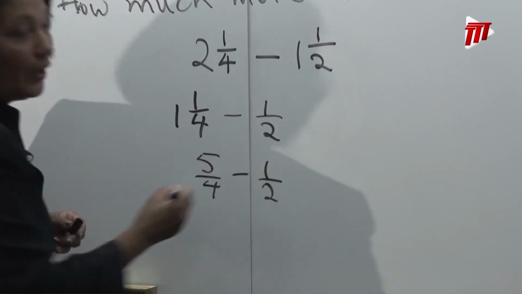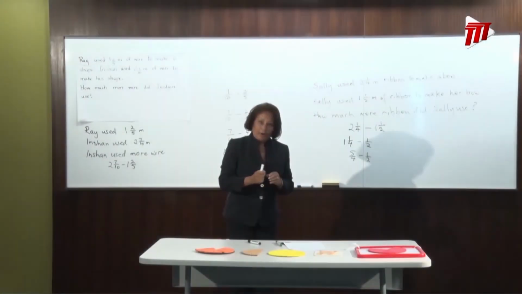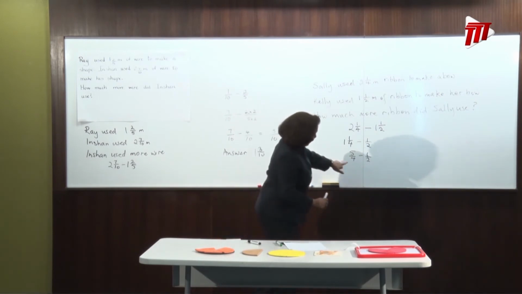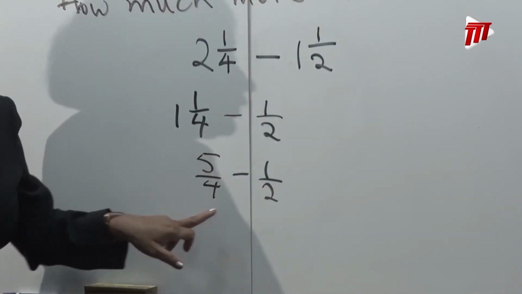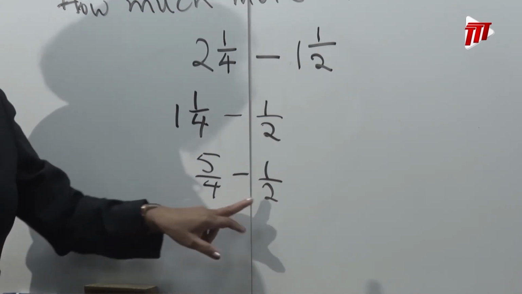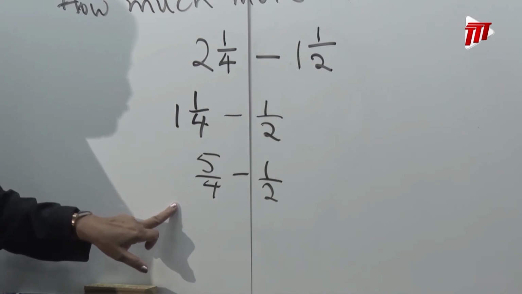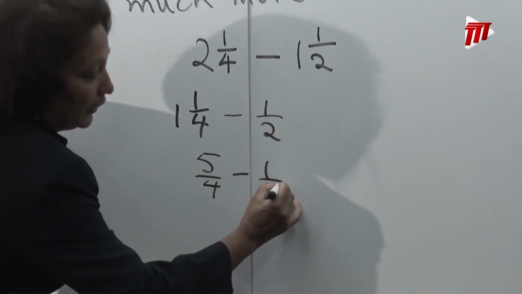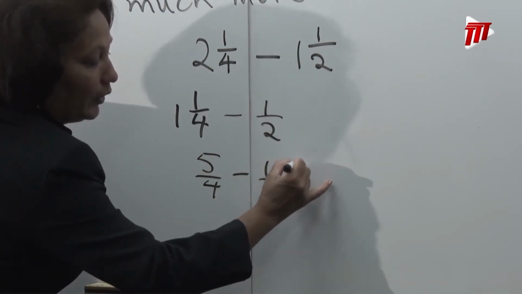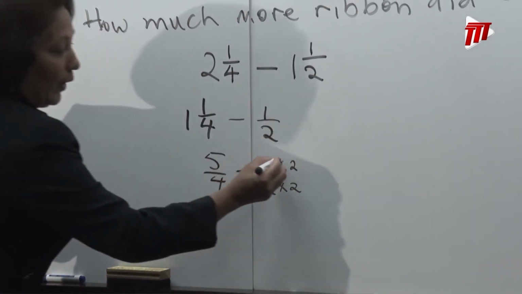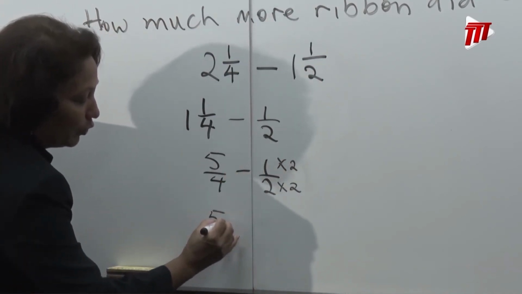Minus a half. Remember, we're checking to see if the denominators are the same. The denominators are not the same, so we're going to have to find the equivalent value for 1/2. To get from 2 to 4, we have to multiply by a factor of, you remember, 2, and we multiply the numerator by 2 as well. So I would get 5 quarters